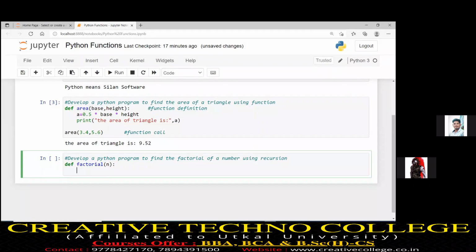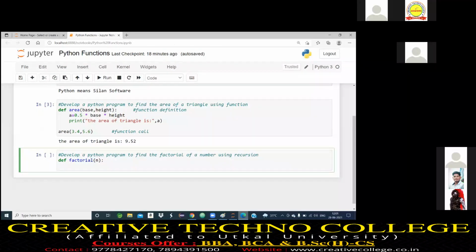If the input is 0, then n into (n minus 1) factorial cannot be implemented. So only for inputs above 0 and 1 can you implement n into factorial of n minus 1. So I can write if n double equals 0, directly I can write return 1.